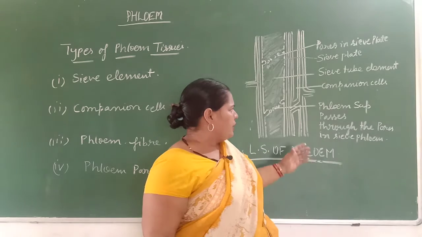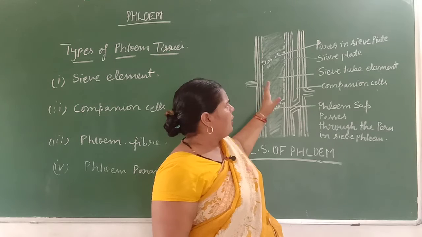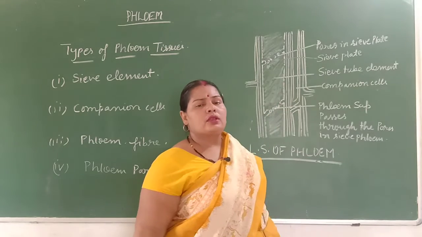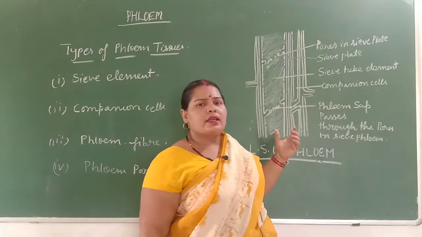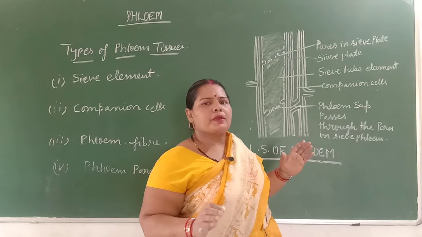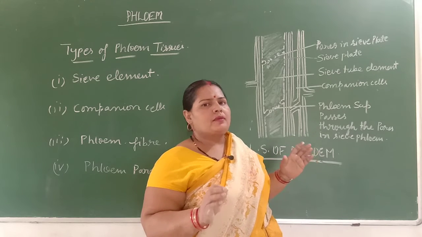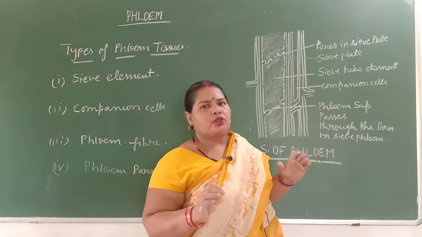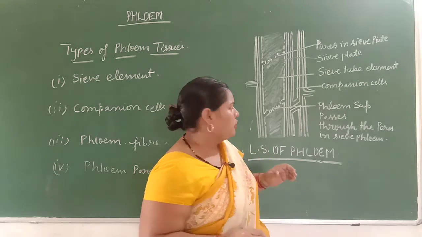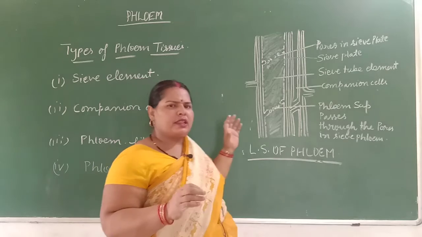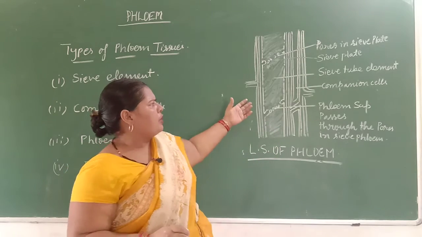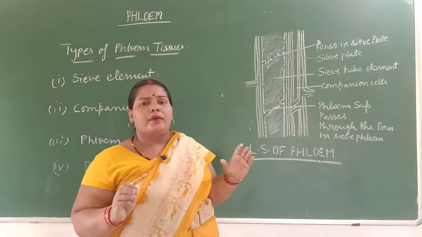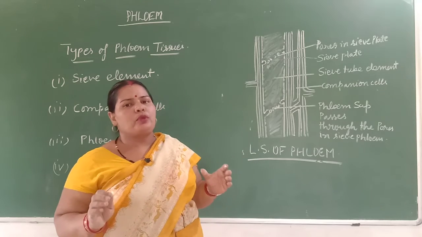So students, in this way you see the different parts of the cell divided from one another. Each and every cell is connected together and has a specific function. This function is providing the food material for storage to other parts of the body. The sieve tube is an elongated, long tubular structure, and here the nucleus is not found. In companion cells, the nucleus is found, and the nucleus has cytoplasm.